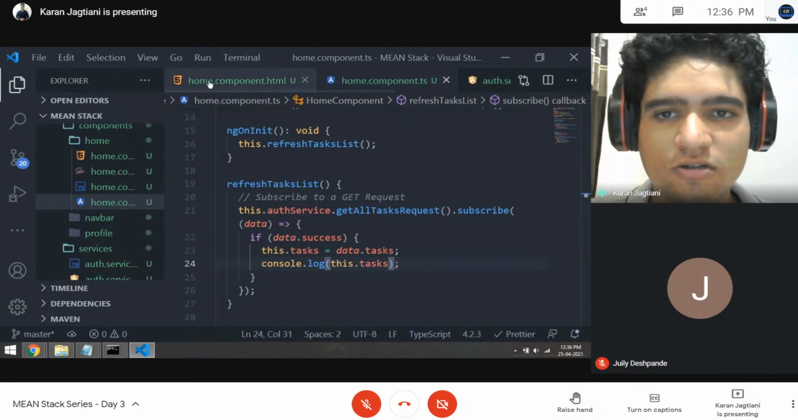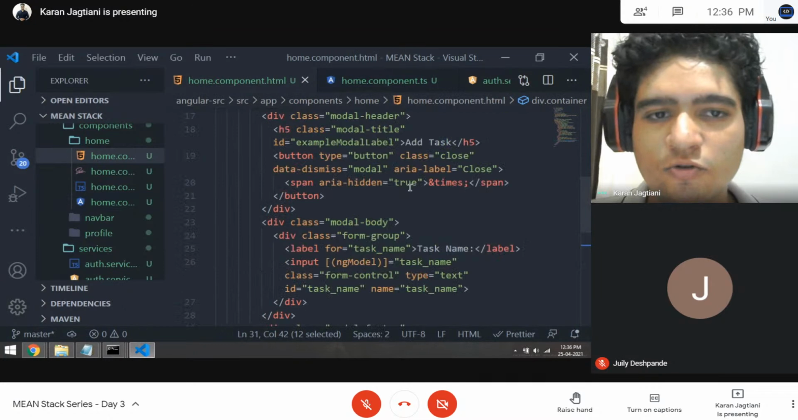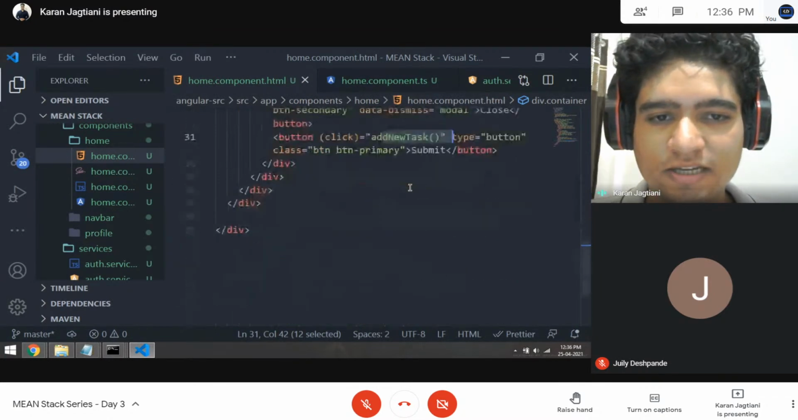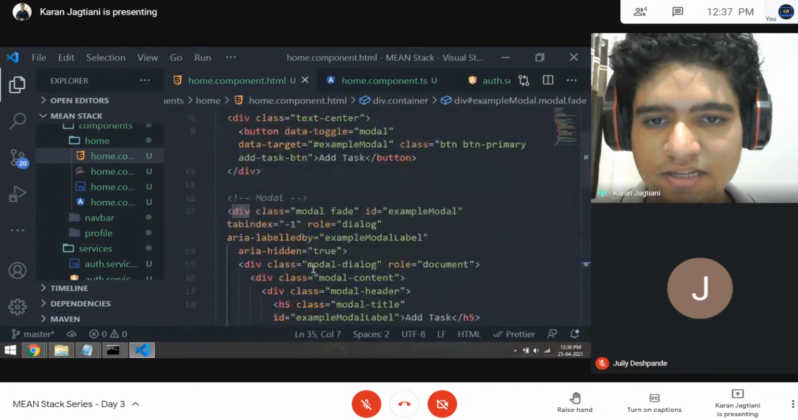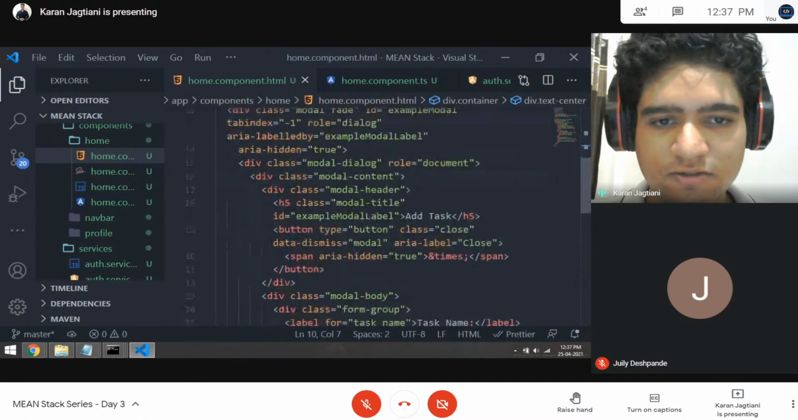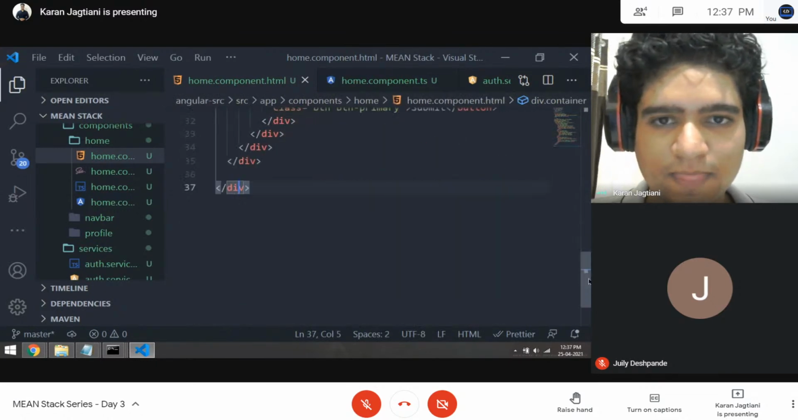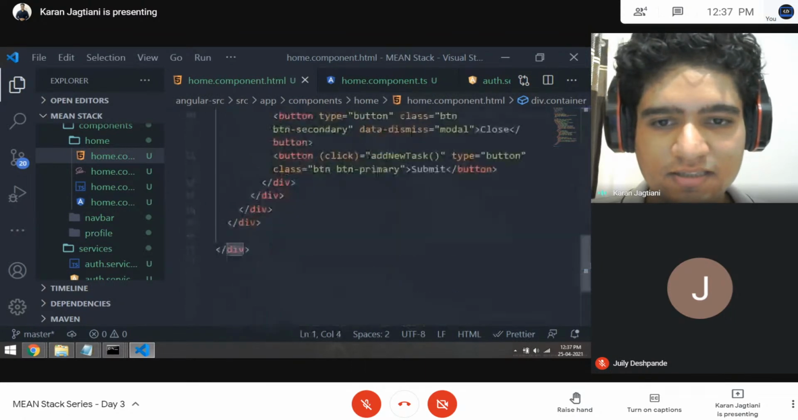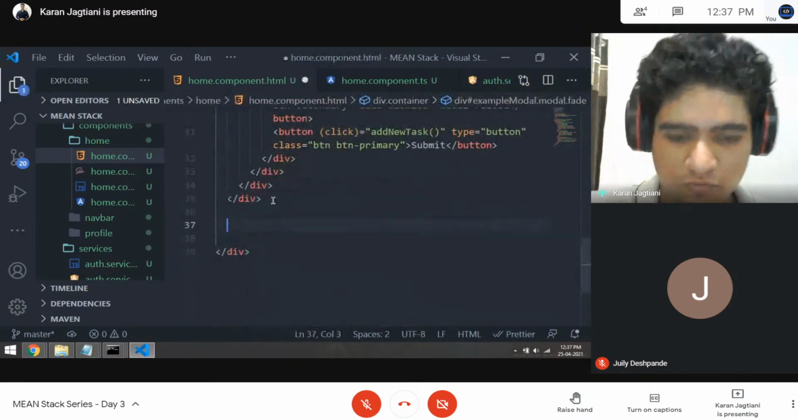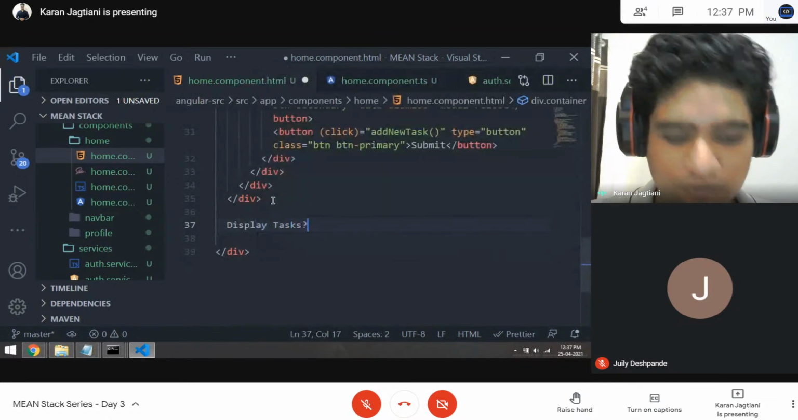So now we are going to the home.component.html file. So over here we'll have our display logic as well. So this div is for the modal, this is for the add task. So this is our modal. So below the modal, this div, and this is our main container div. So inside this div, but outside the modal div, over here we'll add the display task logic. So comment this out,